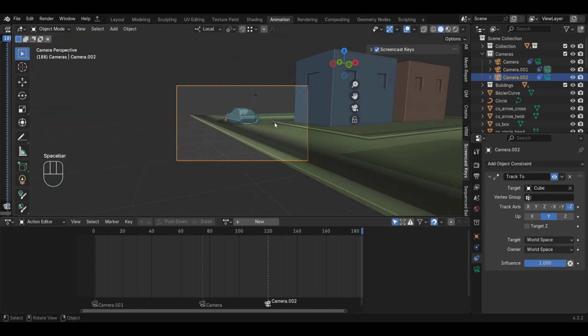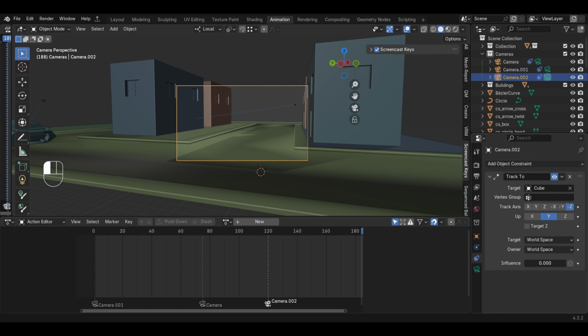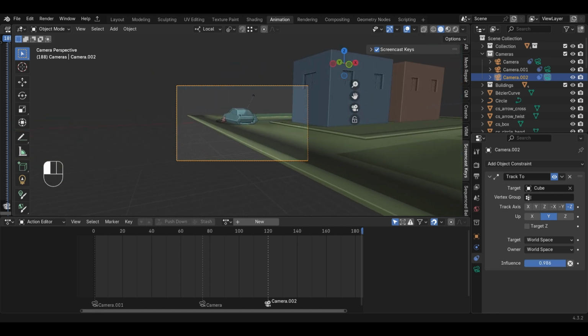Also note that it is possible to add multiple trackers. So you can tell one camera to track a particular thing up to this point, and from this next angle you can zero the influence. You can see the influence can be keyframed. One means it has complete influence. If I zero it, you see it loses influence and goes back to the default position before we added the influence. So at that point, if you had two trackers,